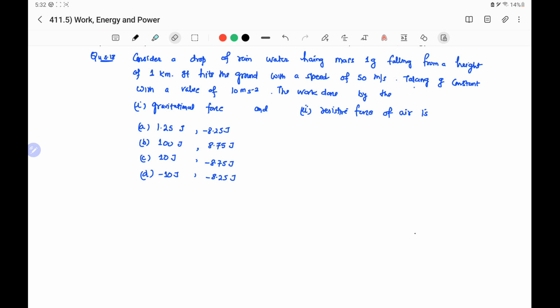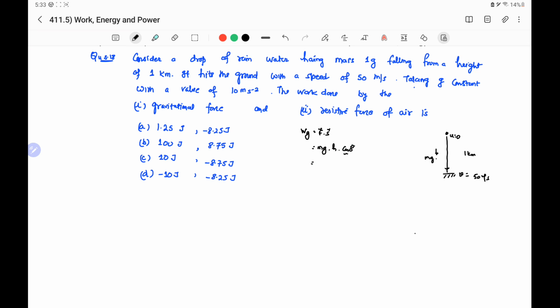First, we have to find the work due to the gravitational force. So the work due to the gravitational force will be equal to, because the object is falling in the downward direction and hits the ground, and this height is 1 kilometer, and the initial speed is 0, the final speed is given as 50 meter per second, and the weight or gravitational force mg is acting downward, therefore work will be equal to force into displacement. It is a dot product. Force is mg, this is the gravitational force, displacement is downward, which is 1 kilometer, so we write it as h, and the angle between them is 0 degree.